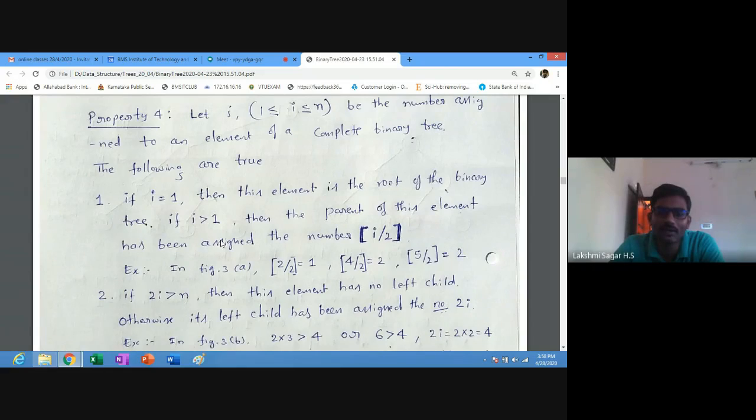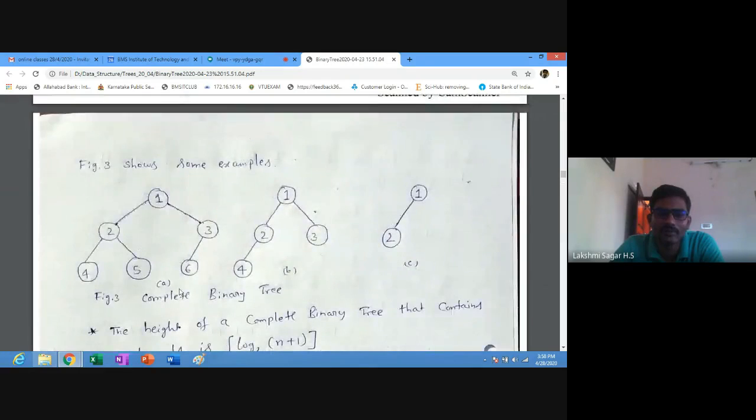If i is greater than 1, then the parent of this element has been assigned the number i by 2. Suppose in this figure 3a, if i is equal to 4, then the parent of this element should be i by 2.